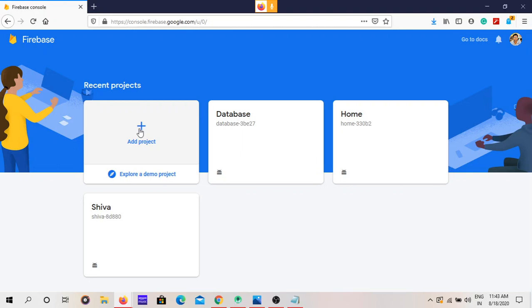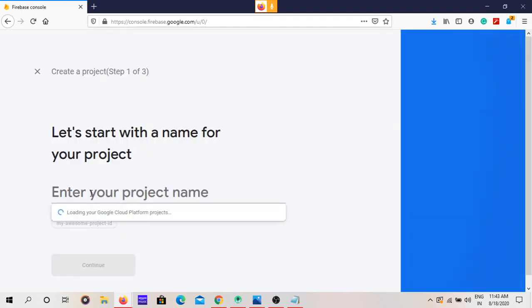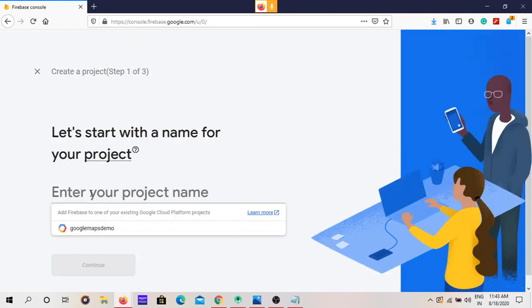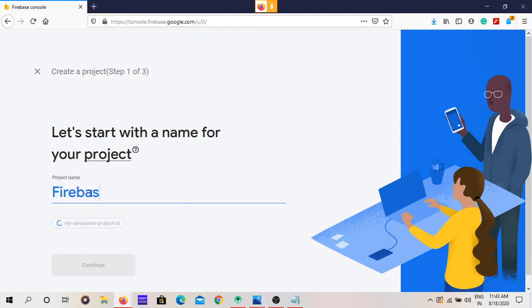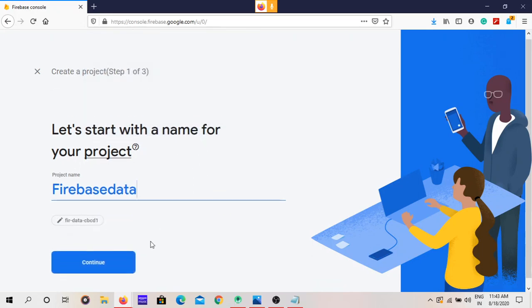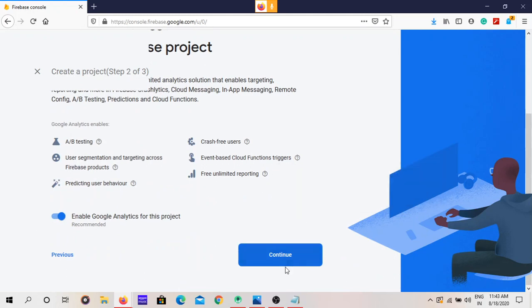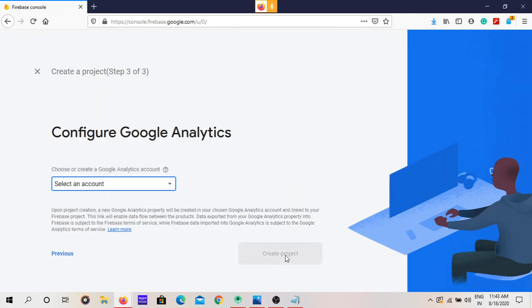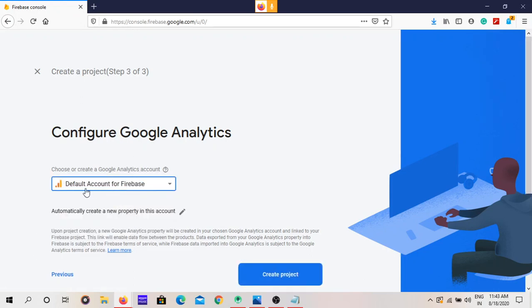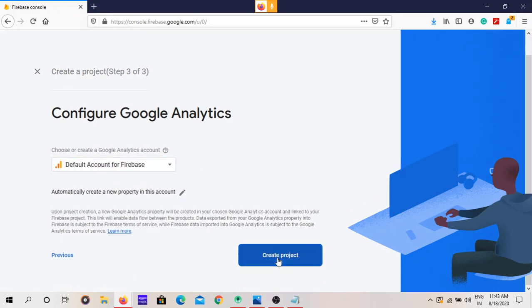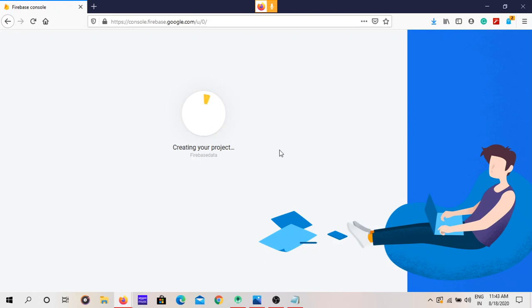Let's create one project for our new app. Watch carefully, it's very important. It is a crucial step. See, choose the default account for Firebase, create project. Yeah, now Firebase is creating the project for us.